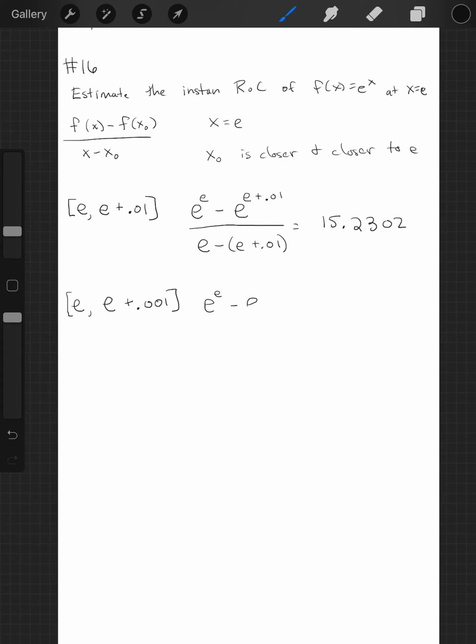Right, and so we have f of x minus f of x naught all over x minus x naught. And that's going to equal